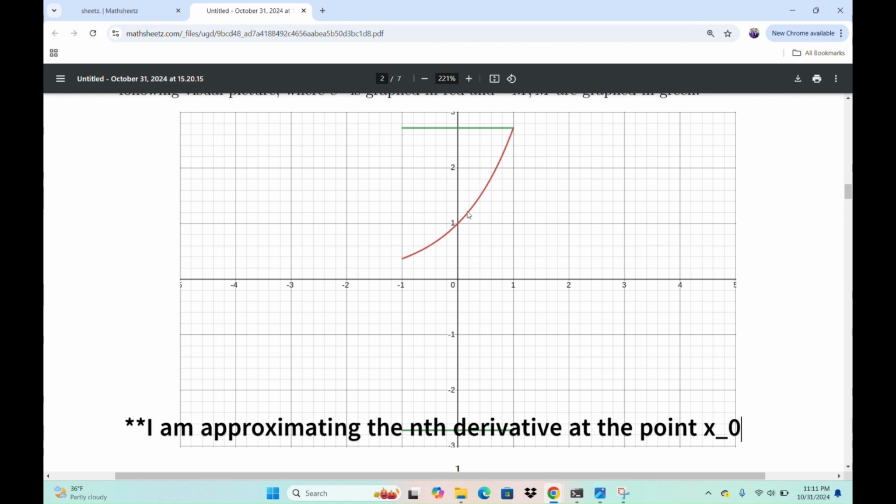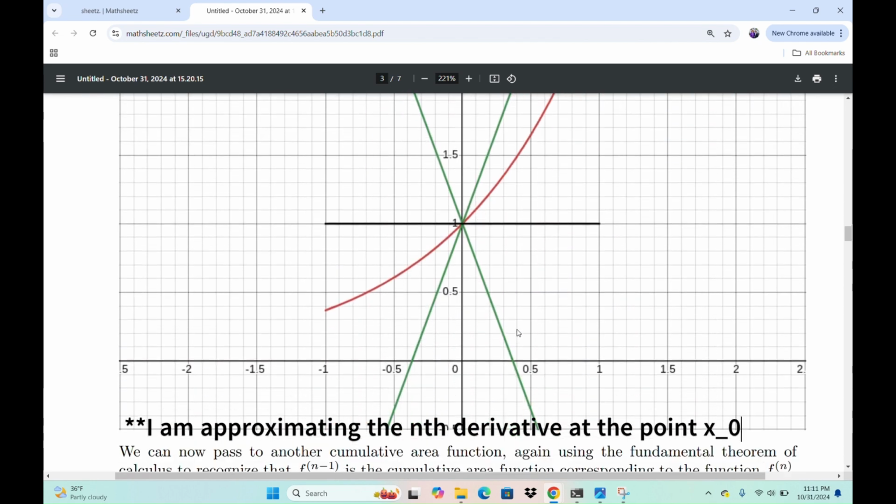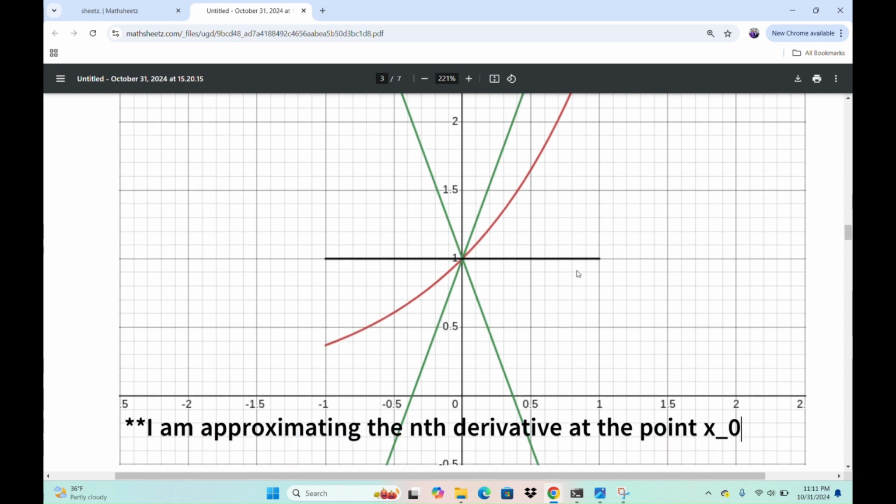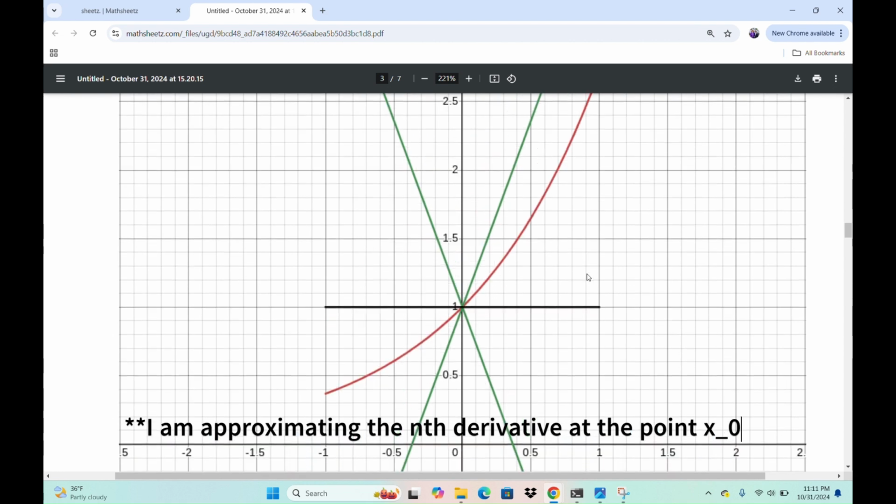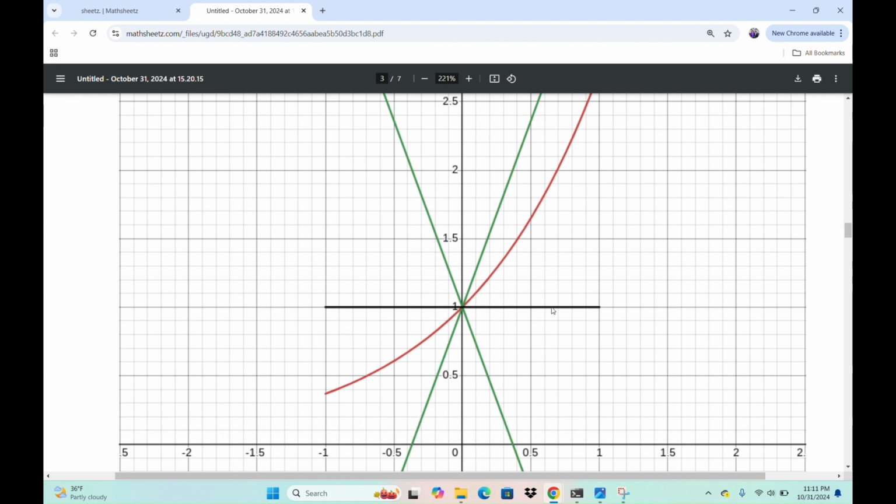And from here, I'm basically going to do the worst possible approximation of the nth plus 1 derivative. Namely, I know its value at the point 0. I know that it's 1 at 0. And so what I'm going to do is approximate it to be just the constant function 1. It's a pretty bad guess, right? But this black line here is my initial guess, okay? And it's called a 0th order approximation.